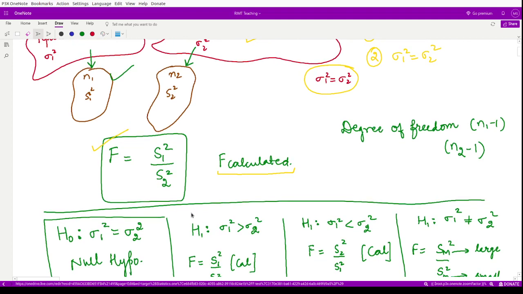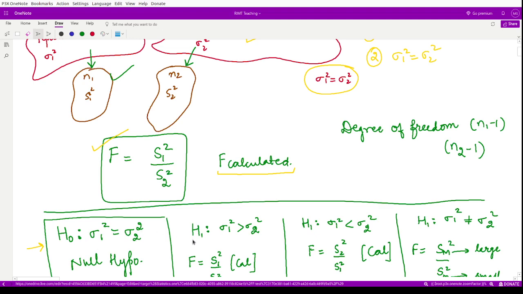First of all, you should know what is your null hypothesis. So here obviously the null hypothesis would be the equality of two variances. Why? Because in this case we will only test the variances of the different samples. So here in the null hypothesis we formulate it like this: sigma 1 square is equal to sigma 2 square,